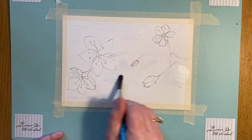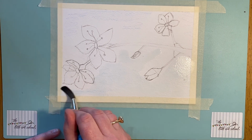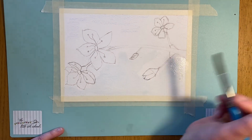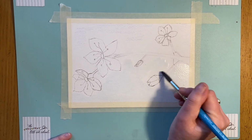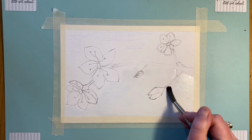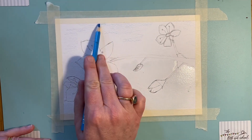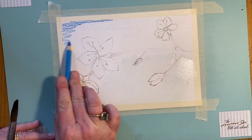There we go, going up to the edges. I'm not going to my actual cherry blossoms. I'm just going to take a bit of water so that there's no hard edge there. It's really subtle. It's possibly almost impossible to see this on the camera because I've gone so light. So what I will do is in here I'll put a bit more just at this edge because I'll be able to